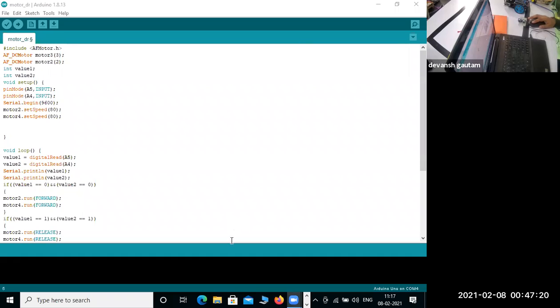Let me explain how we are going to do this. Suppose you have a path, and we have these two lights in front of it. This is called an IR sensor. This is not IIR, not AIR. Someone is asking me what is AIR. There is no AIR. It is IR, infrared sensor.